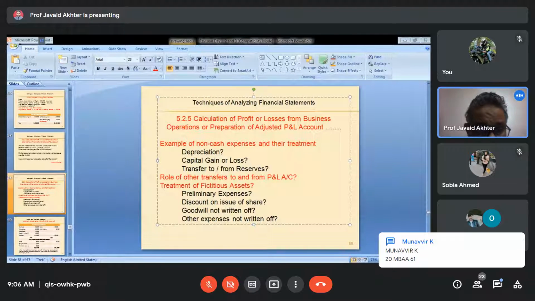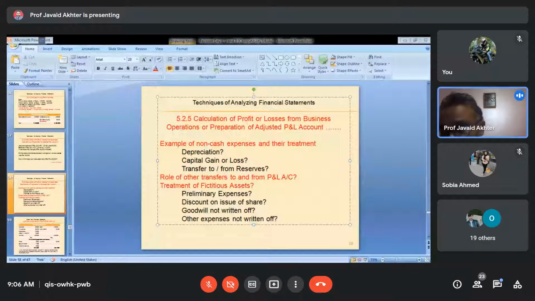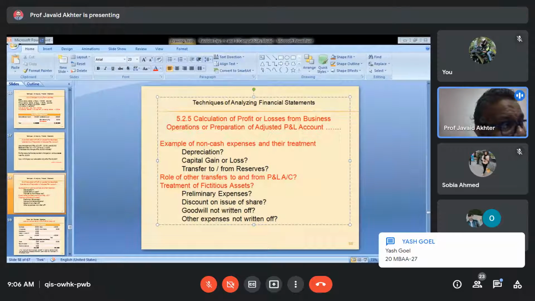I'll bring this slide to see. I need to shuffle in this because a lot of people are trying to join and they are sending messages. Yes, they are not able to join.